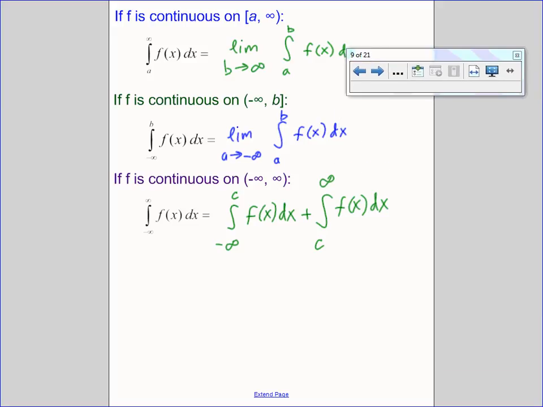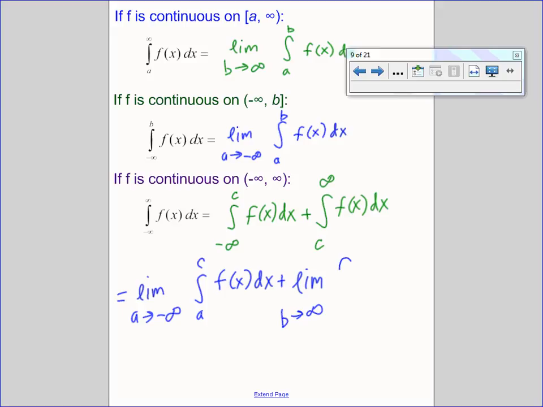So this time I'm going to let my lower limit a go to negative infinity. And now consider the definite integral from a to c of f of x with respect to x. And now we'll consider the second limit separately. This time we'll let our upper limit go to infinity. So I'll let b go to infinity